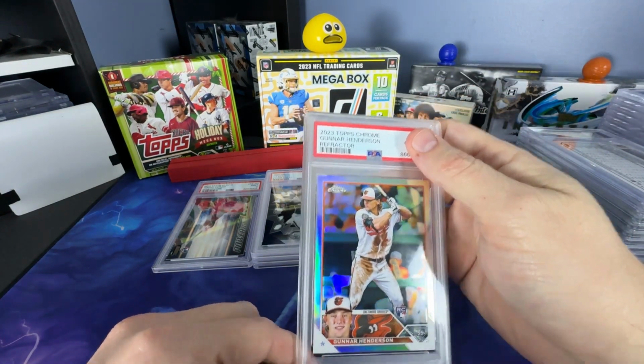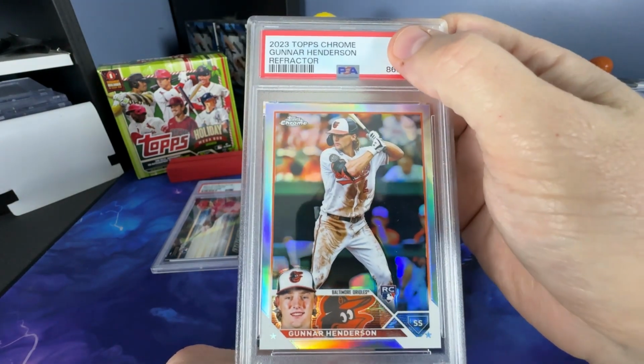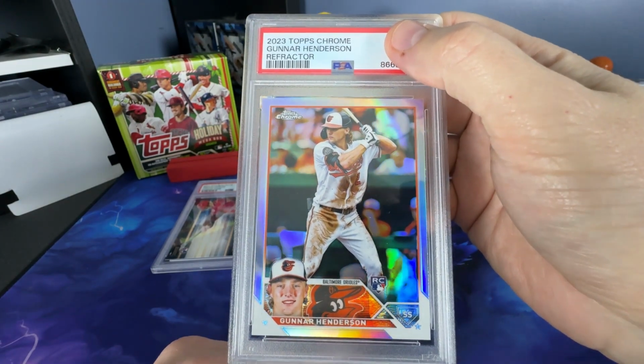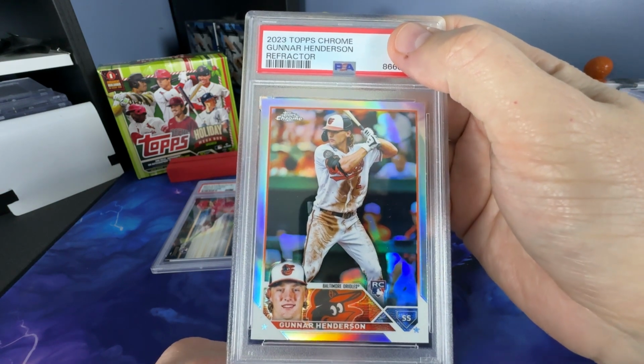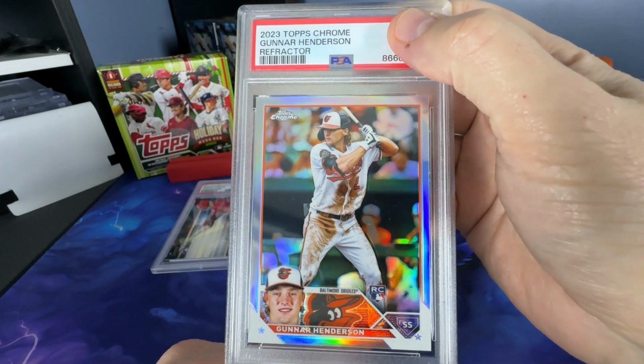Okay, so this is a Gunner rookie, and it is a refractor. So like I said, I'm not sending base in. I've probably got 10 of this base card. I'm not sending the base cards in